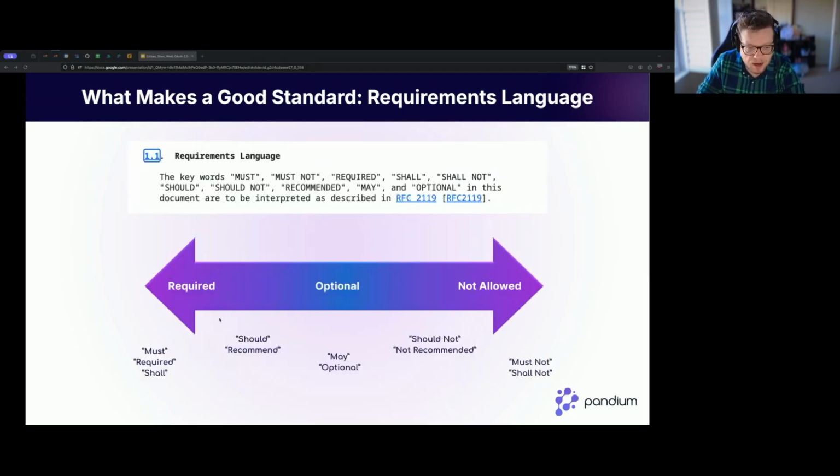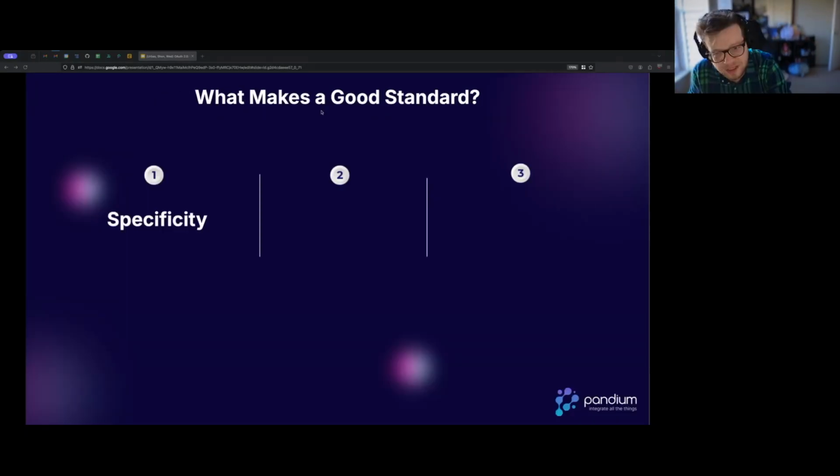Just going back a quick slide. I like to think of this must, must not, optional, and all this as a spectrum. And that's what this arrow stuff is about. So what makes a good standard? It's the specificity that you get. Those are those musts. It's flexibility. You can't always require something. If you require it, no one's going to use your protocol. It needs to be able to work with things out there.